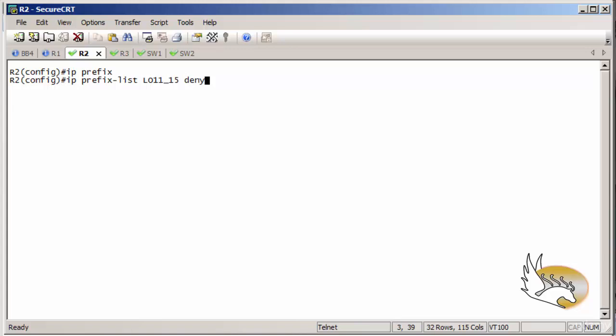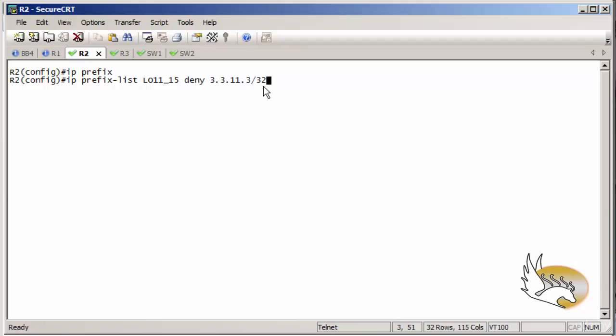So I start by denying 33.11.3 slash 32, and I'm going to create it as 32-bit mask, although I created the loopback interface with